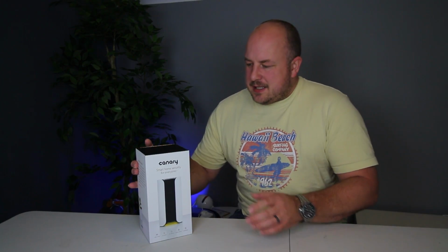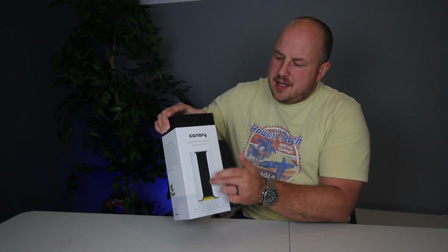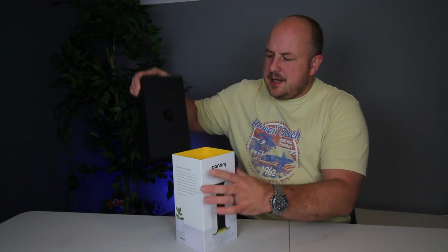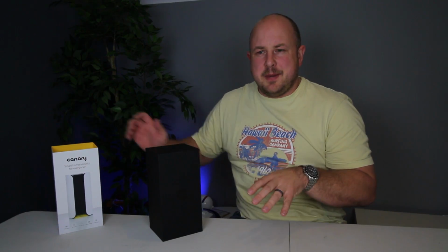So let's open the box and see what we have inside. It comes in two color variants. As you can see, this is the white and black. They do a completely black one. The boxing is actually really nice. I like that. I went for the white and black one just because I think it looks a bit nicer